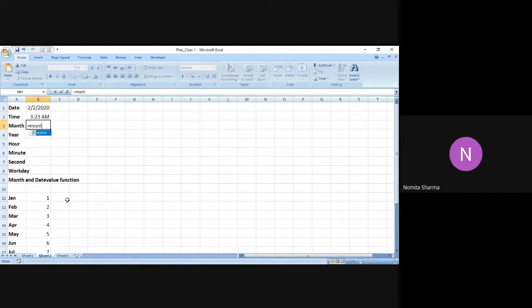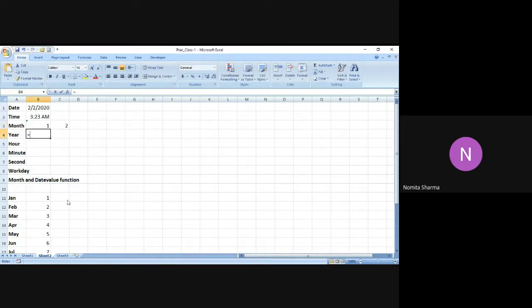For the month, if we recall, it will take the serial number, and if we do not know the serial number, I told you that we can give the date in double quotes, and it will provide us the month of that particular date that we have mentioned in the function. If I do it one more time, you can see that again. So I say month, bracket, quote, 2/3/99, double quote, and I close the bracket. So I get 2 as the answer for the month.